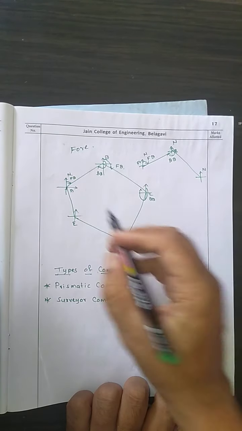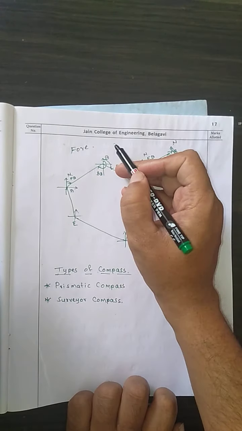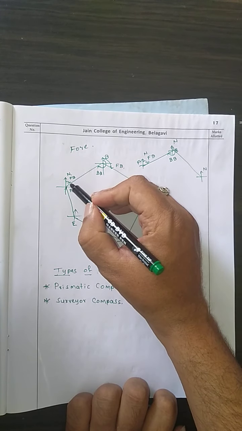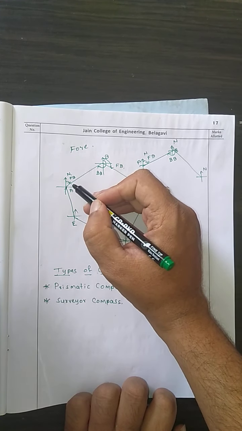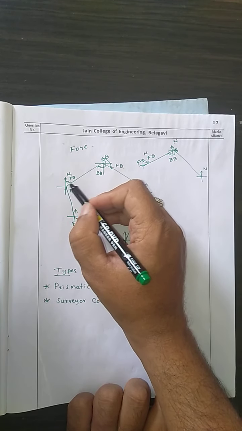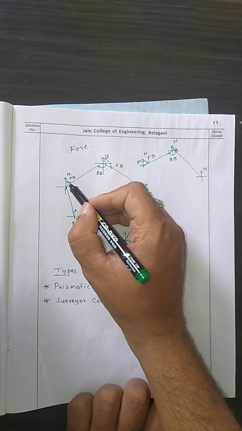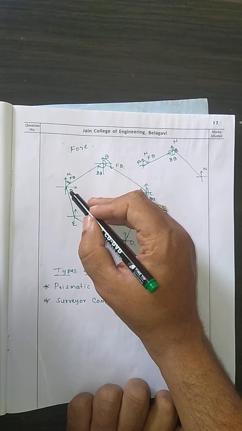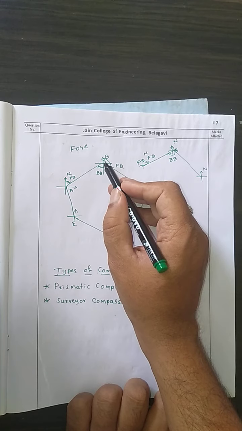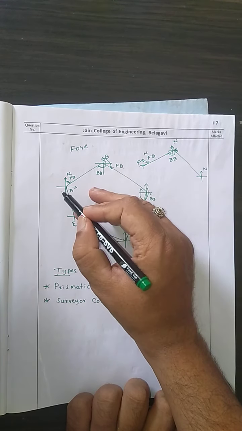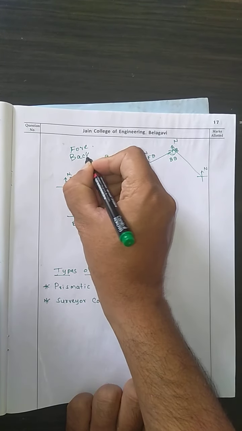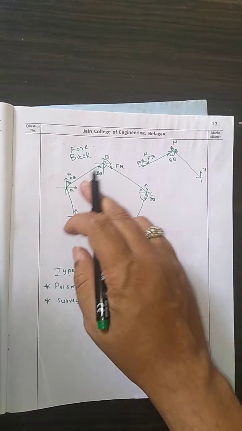Whenever your sight is forward, or you are going to move forward, we call it a fore bearing. So with respect to north, when we bisect the point B by using a prism, by using your compass, whatever angle you get with respect to the north, that we call a fore bearing. Now when you shift your compass to the point B, and again look from B to A, that means you are looking backward, so we call it a back bearing. When you look forward from A to B, it is called a fore bearing.